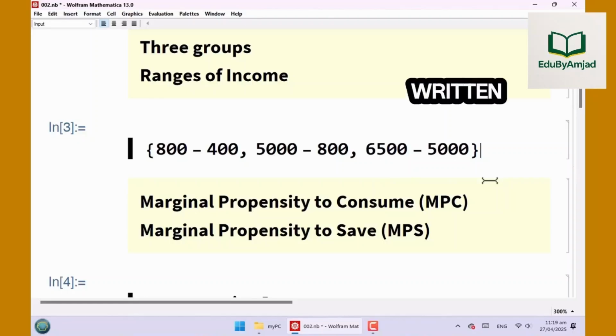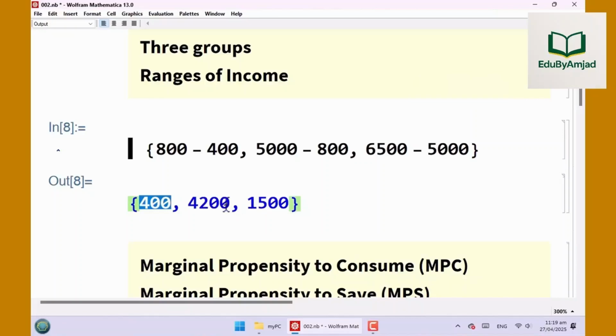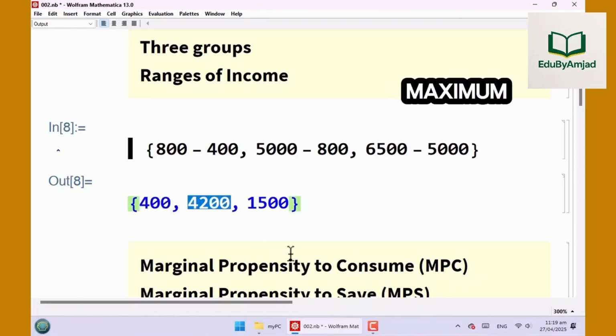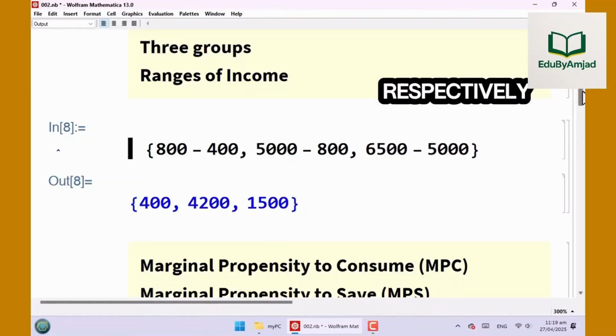As the code is written here, if we hit return on the keyboard, we'll get the range of the incomes in the three groups. So, the difference between maximum and minimum incomes in the three groups is $400, $4,200, and $1,500, respectively.